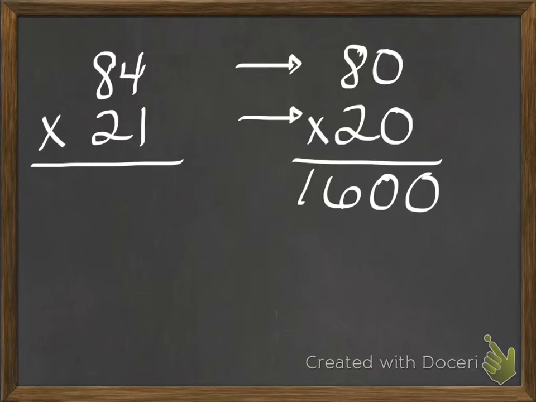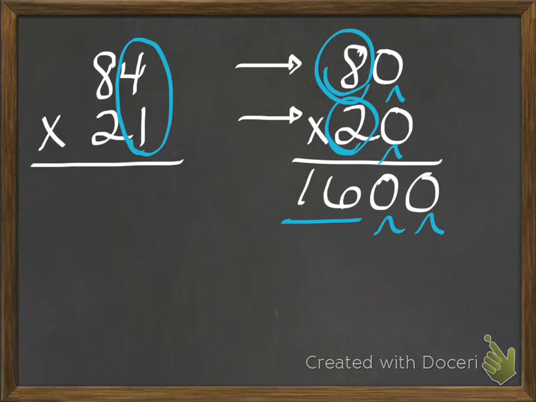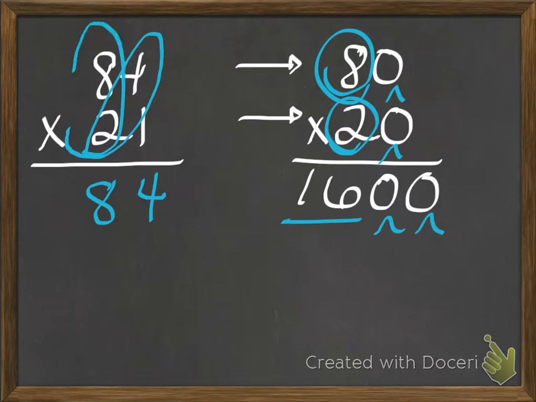Next, 84 times 21. I rounded 84 to 80, 21 to 20. Multiplied 2 times 8 to get 16, and then annex those zeros to get 1,600. Now I'm ready to multiply. I'm going to do 1 times 4, and then 1 times 8. 1 times 4 is 4. 1 times 8 is 8. Now I'm going to multiply the tens place, 2 times 4, then I'm going to multiply 2 times 8. Before I can do that, I have to put a placeholder here,